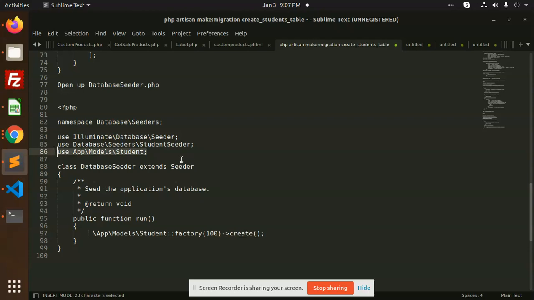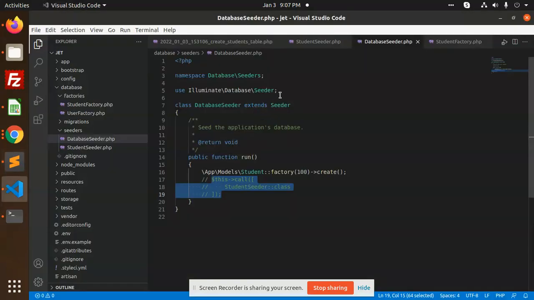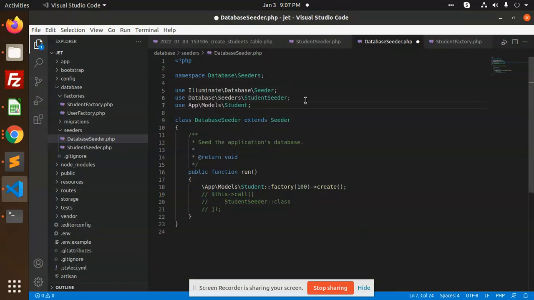So it will run all the seeding for the database. I'm going to add these seeders, the student seeder, app models protected student seeder.